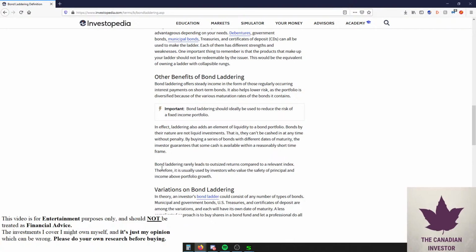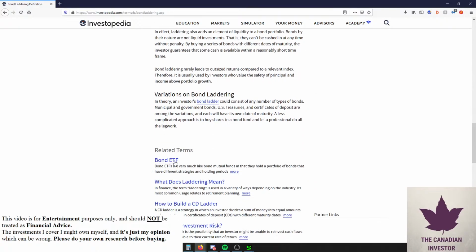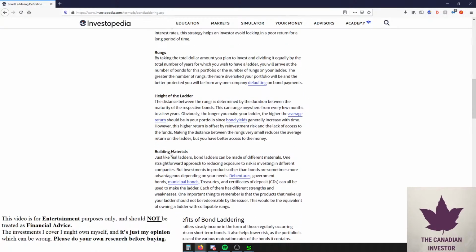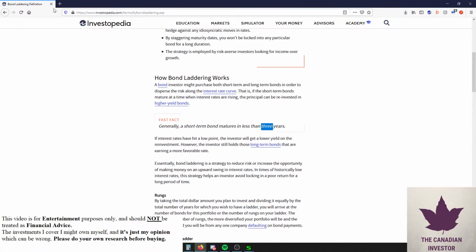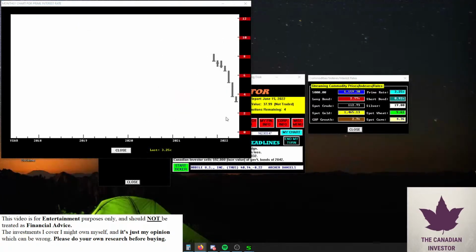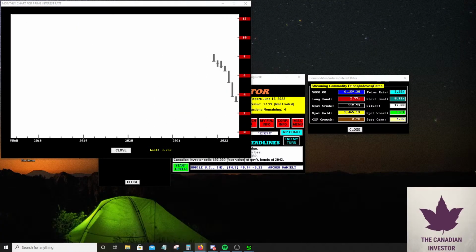I definitely think this is a good read, especially if you want to do bonds. But basically, this is a great idea for me personally if I want capital preservation. So I'm going to be going for some capital preservation in this game by doing a bond laddering strategy. Just spread across my risk. I'm not going to do any long bonds. I might just do short bonds for the time being. And if interest rates do go up, I'm happy.